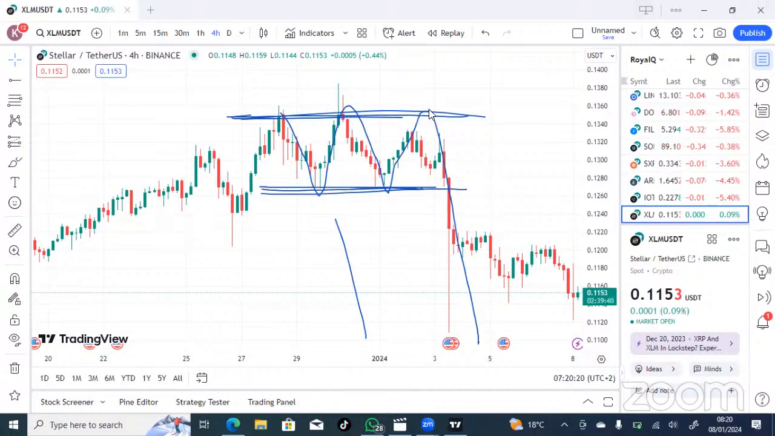We are going to be looking at this later. You see the market moved from this point, it came to this point, came up, came down, came up, came down, then